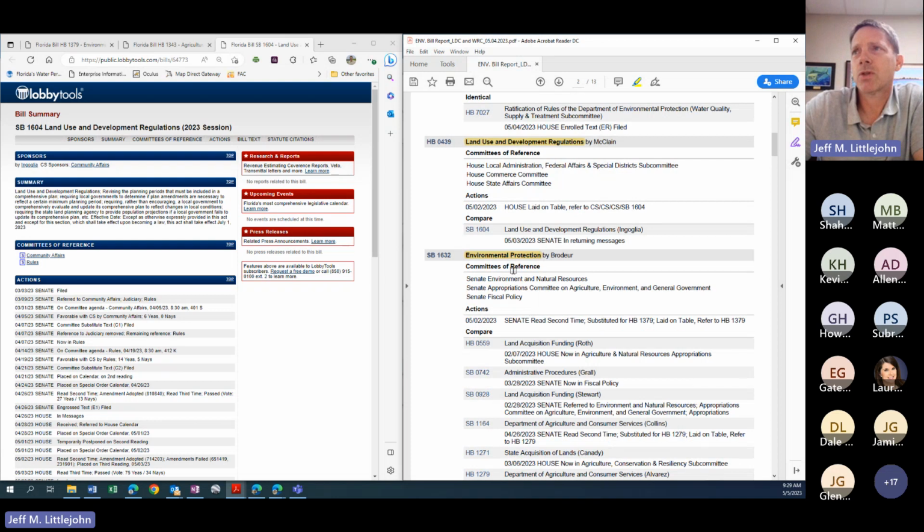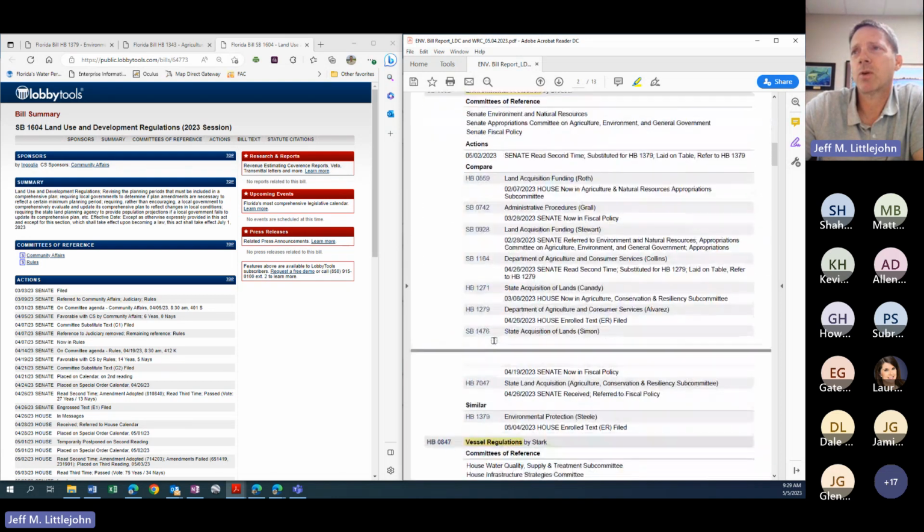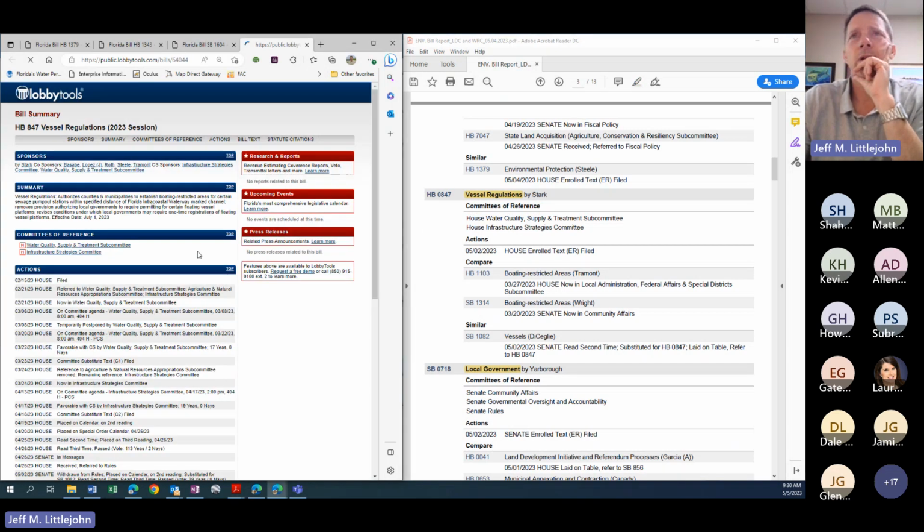Here's 1632. This is the companion to 1379. That's passed, of course. Vessel regulations also passed and is through both chambers. So this bill, we didn't really spend a lot of time talking about it. It has a few things for folks that care more about marine development, marine permitting and development. There's some provisions for boat restricted areas, for